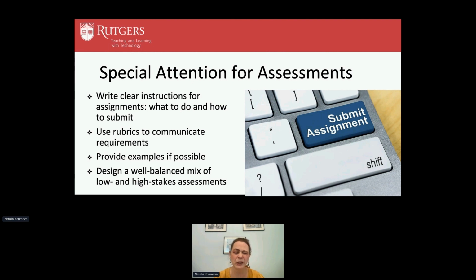So it's helped them to have that course as usable as possible. And just as a reminder, design a well-balanced mix of low and high stakes assessment, which means you don't want to have one or two huge assessments where the whole grade of the course is based on that. You want to allow students low stakes assessments where they can just practice their learning, where they can just show you what they're doing, like maybe divide the larger assignment into different drafts, so you can